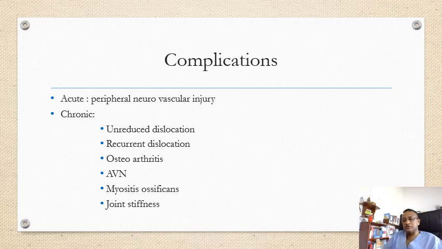Other known complications of dislocation are avascular necrosis. To avoid this, you should minimize the time delay of manipulation. This is a very bad condition, so we should avoid these types of things. So you have to minimize the gap between incidence and manipulation. And other complications such as myositis ossificans and joint stiffness. Joint stiffness again, as I mentioned earlier,